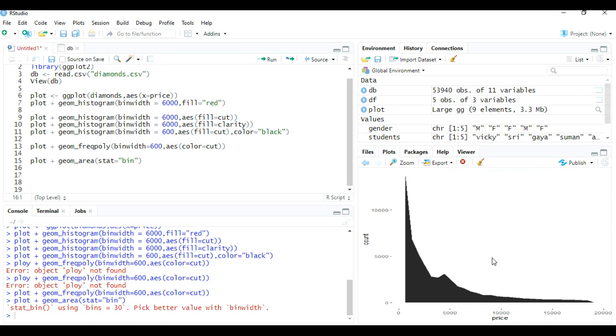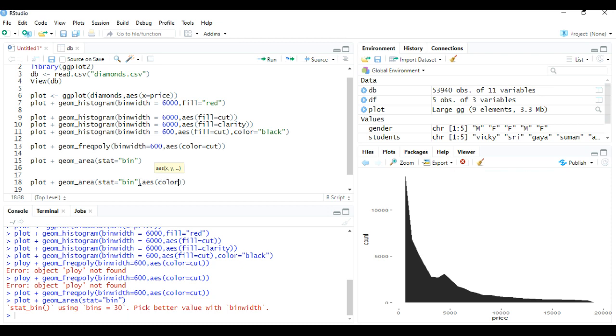Now let's classify this graph based on the cut variable. So I need this similar line again, so I will copy this line from here and paste it over here. Bin, comma, aesthetic, based on the cut variable I'm going to classify this.